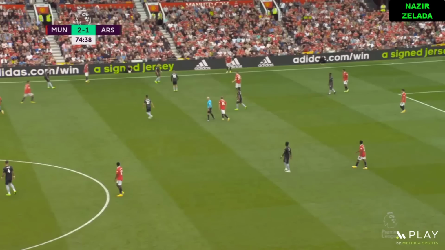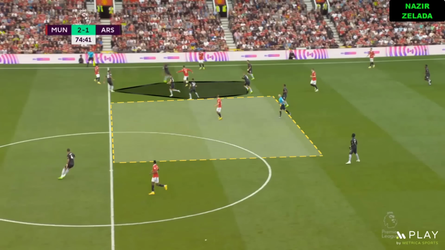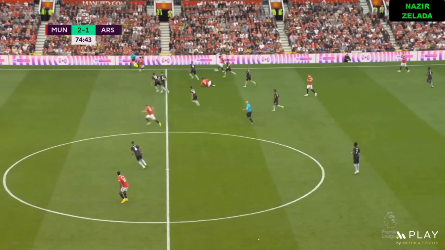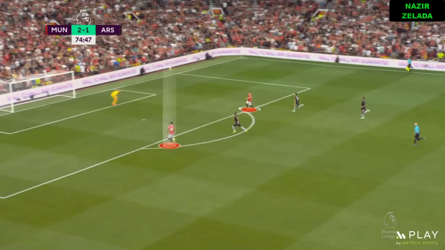On the third goal, something similar happened. Cristiano Ronaldo received a pass from a throw-in and was pressed by many Arsenal players, but as we can see, Eriksen had already occupied the free space that Arsenal left. Ronaldo managed to pass to Bruno Fernandes, who saw Eriksen really well, and Eriksen ran to the box and assisted